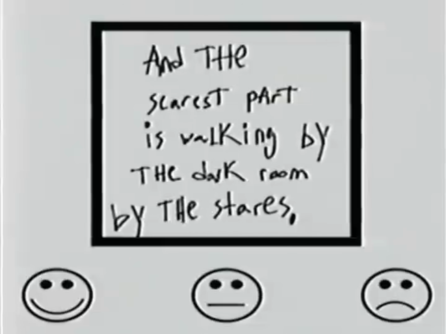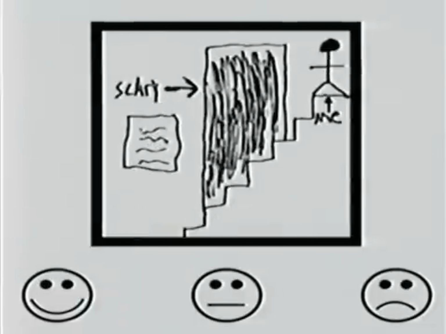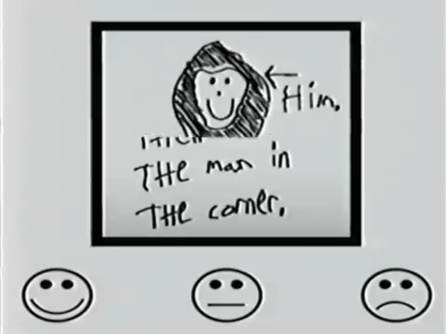And in going down the stairs, he passed an open door with a pitch black room beyond it. And he was nearly at his mother's room when he saw a stranger standing there in the corner of the room. And as soon as he saw this man, he fell asleep. And we then get this clip from an old Mickey Mouse cartoon. In it, a hooded figure enters Mickey's house and slowly begins creeping towards him. And just when the figure is about to take off its hood,